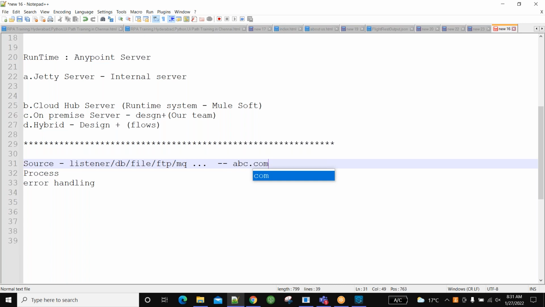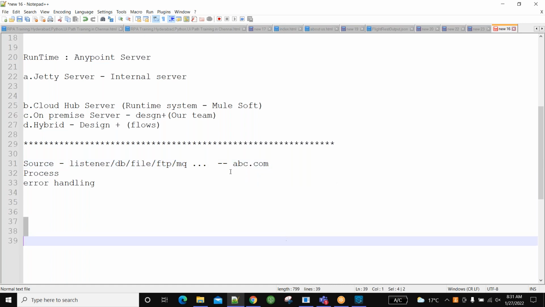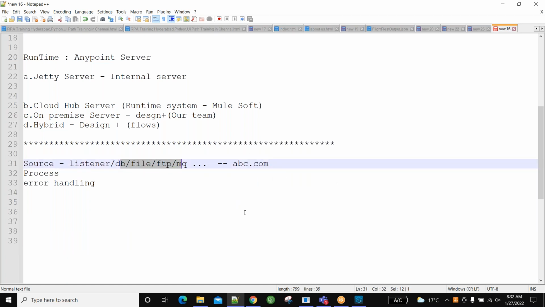People in interviews will normally try to confuse you. You should not get confused by what term they are using, you should just be aware. In the technical specification, once the architects decide which one to use, their job is done, and it comes to our leads. Our leads will prepare an MD70, or technical specification document, from the MD50. That is, from the specifications they will come up with the technical document.